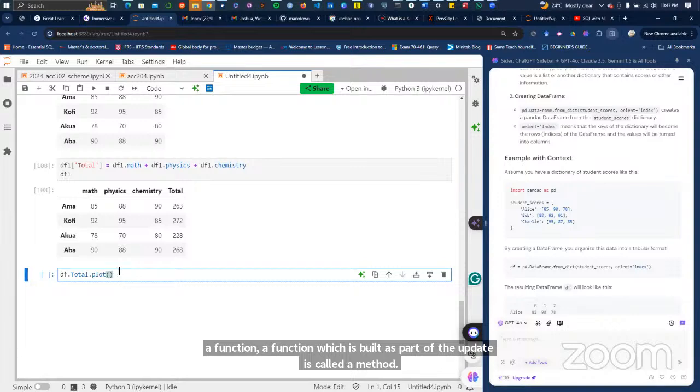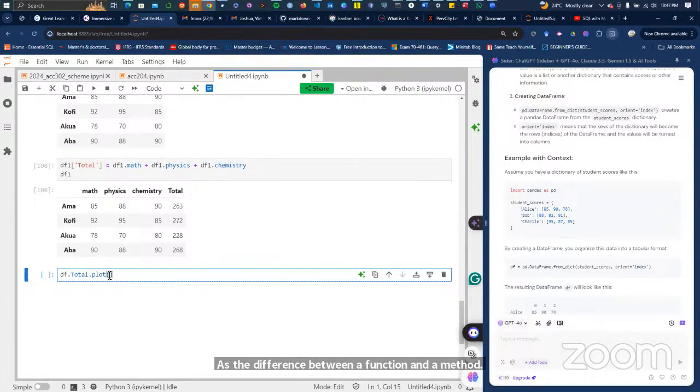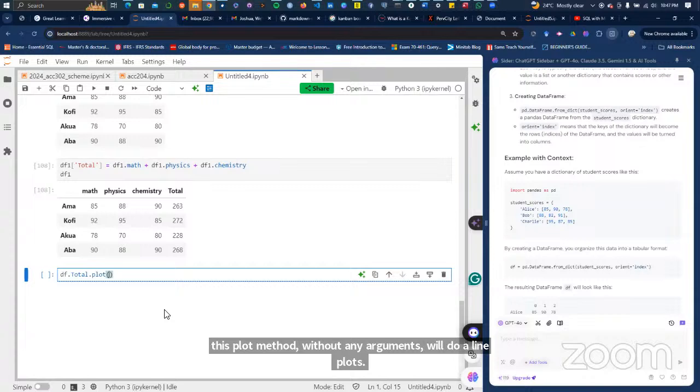The parenthesis here means it can take some arguments, but it can also behave by default without any arguments. It does some basic stuff. So this plot method without any argument will do a line plot. You don't need to specify kind equals line.